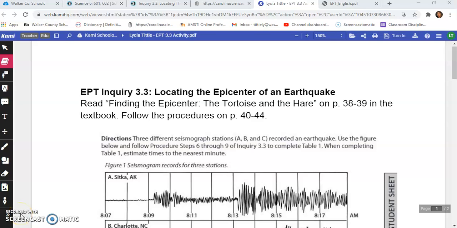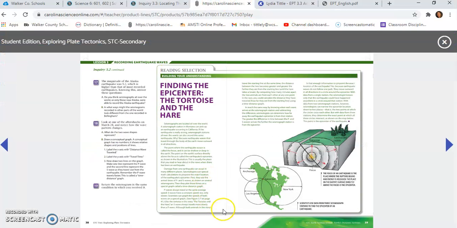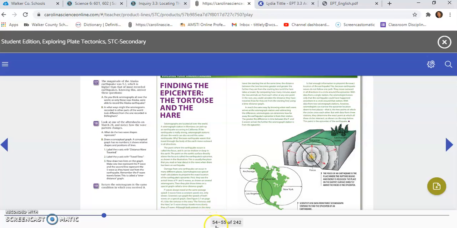Today we're going to be doing Inquiry 3.3, locating the epicenter of an earthquake. The first step that you need to take is to open your online textbook and read Finding the Epicenter, the Tortoise and the Hare on page 38 and 39. So if we go to our textbook, page 38 and 39 will be page 54 and 55 on the blue